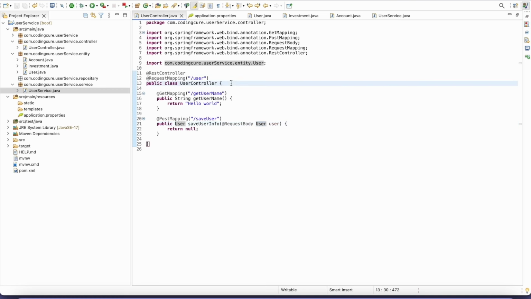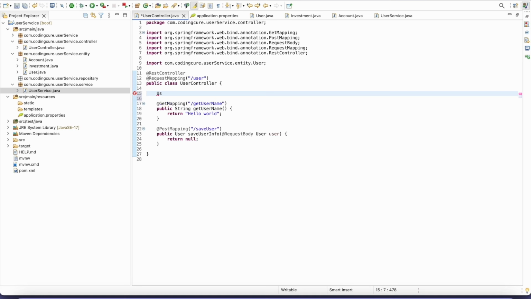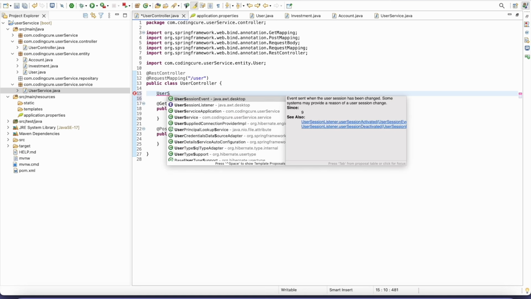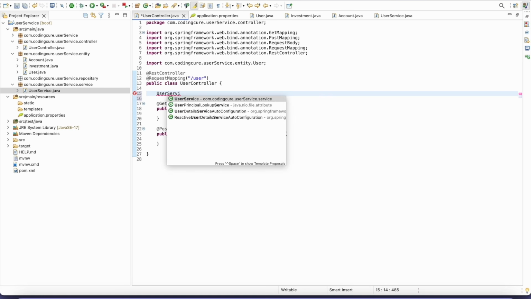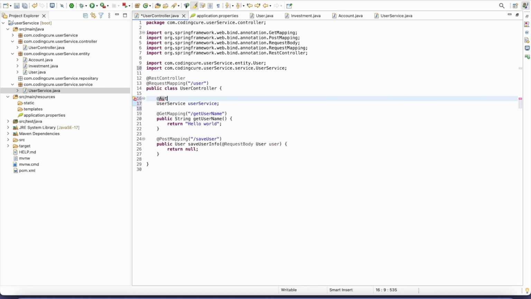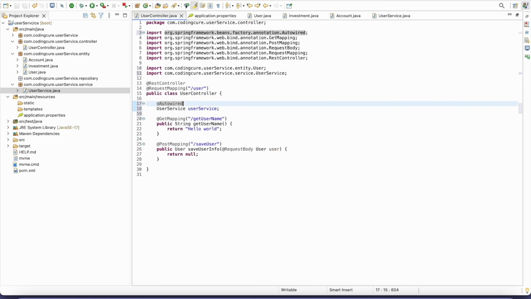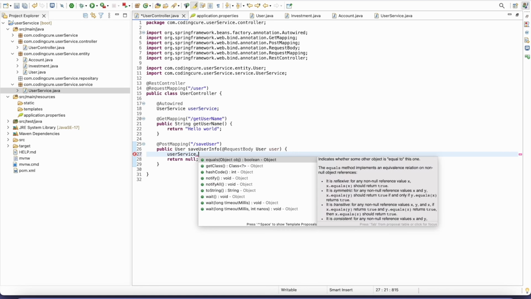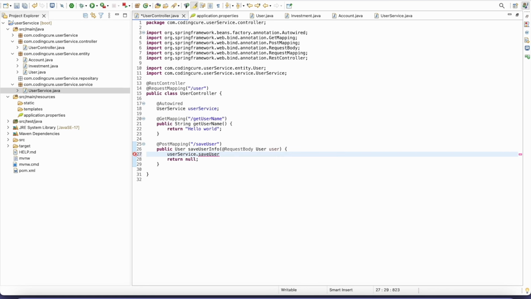I will use UserService, and I will make it @Autowired. I am doing field injection. Now this userService.saveUserInfo